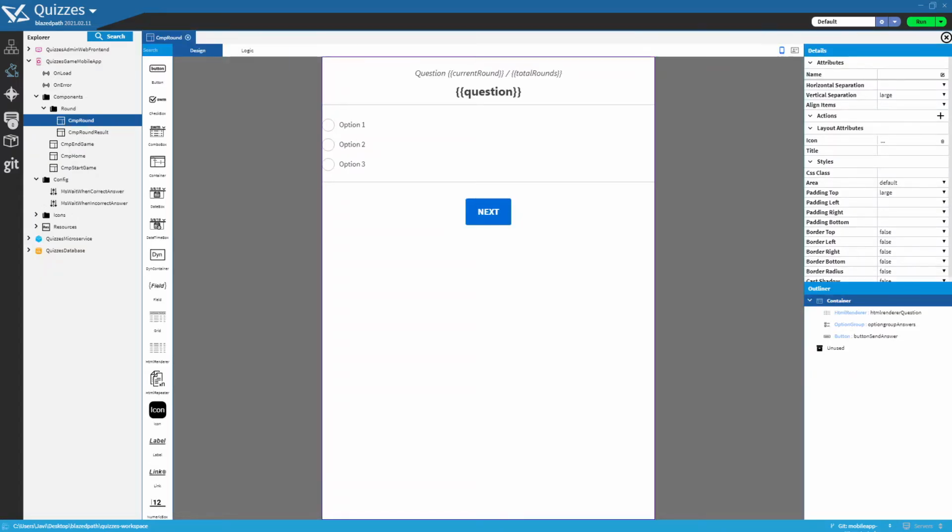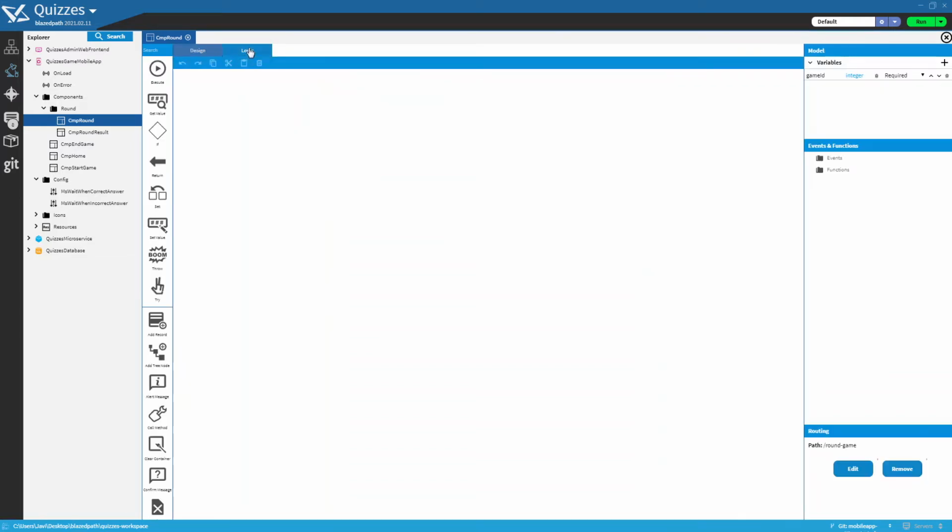Now for the logic of the CmpRound component, the very first thing we need to do here is to read the game ID passed from the previous screen, and we do it in a microservice API request to start a round and display all the information on the screen. So we are going to right click, create main_init event,